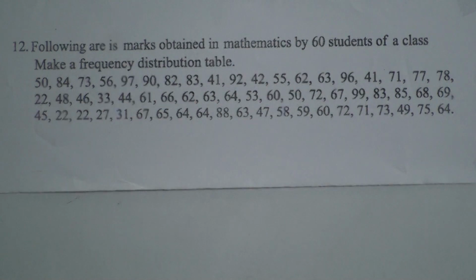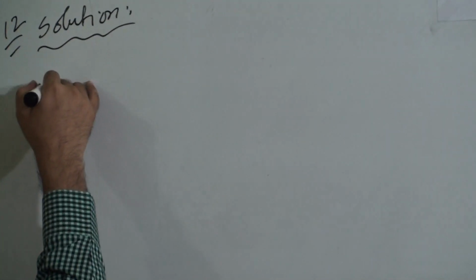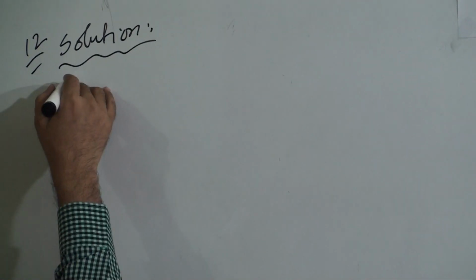Okay, dear students, so to make the frequency distribution table, at first we have to determine the range of the data. Then we have to consider the class interval, and depending on that class interval we have to determine the number of classes at first. So let us see at first how can we determine the range of the data. We can write here 12 solution. At first we have to determine the range, we know, or we can write here from the given data,